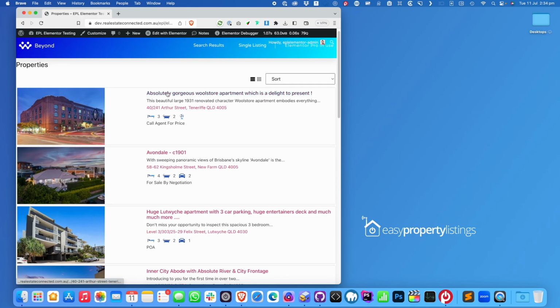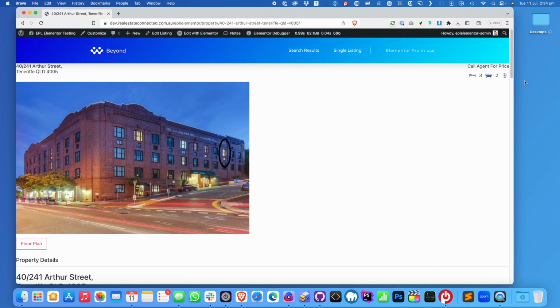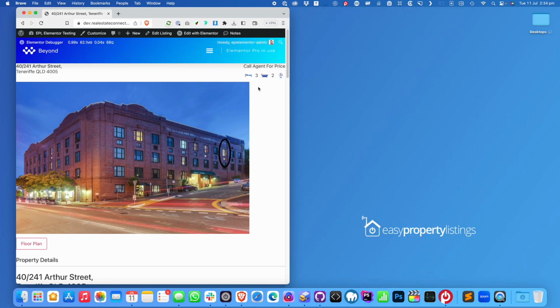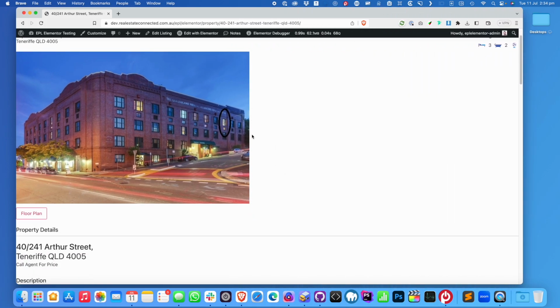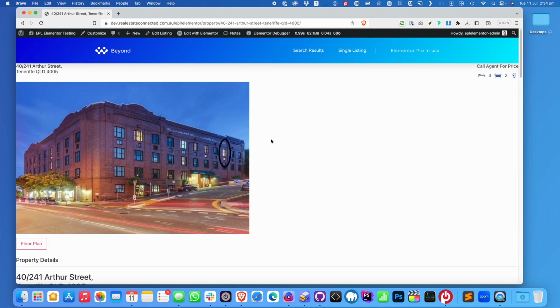the single listing page first. If I view a listing, I'm using the Hello Elementor theme. It doesn't matter what theme you use; there are lots of good themes out there that work well with Elementor Page Builder. So we've got the standard listing template file here, which basically renders the hooks and filters from Easy Property